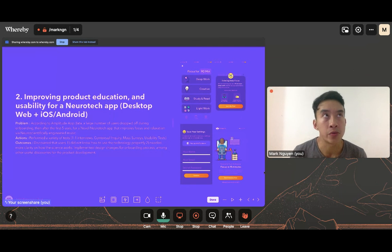And so the surveys that we put out were really high level mass surveys with incentives, to ask people, hey, what was your intention going into using this app, and how come this intention wasn't met? Obviously, it was a bit more in depth than that. We also had to keep it fairly short, because we knew that this user group would be less engaged than other user groups. So we sent out more, and we also sent out more emails to this user group,